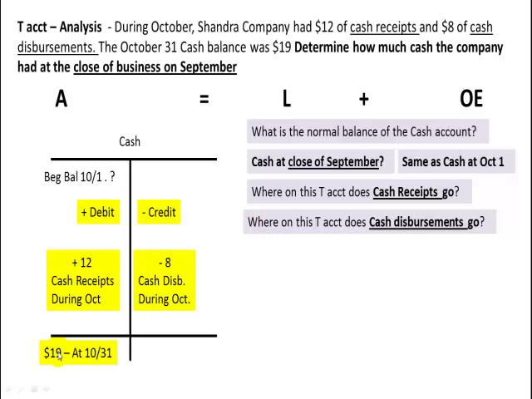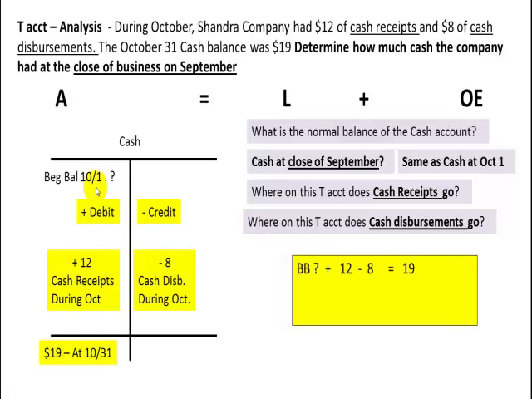It looks like this account went up during the month because it had more debits, $12 worth, than it had credits. So this account went up by $4 during the month, and if it ended up at $19 and went up $4 during the month, its beginning balance